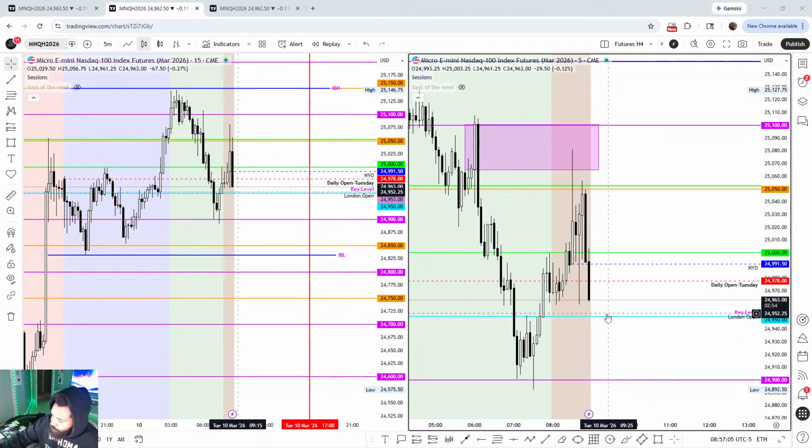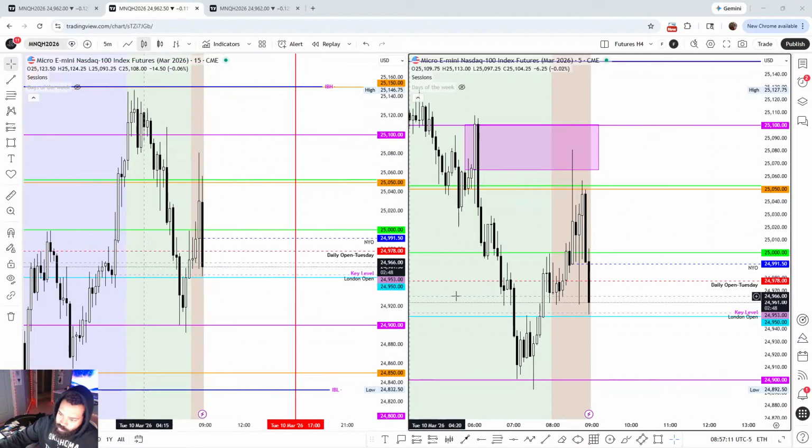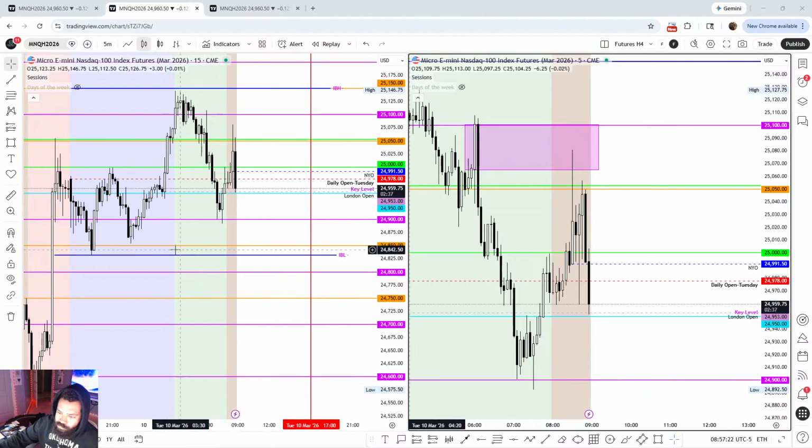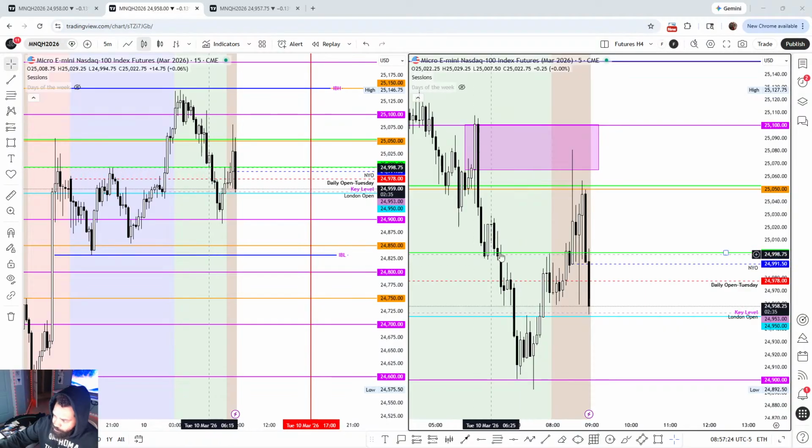Looks like they want those equal lows. You guys see how those are kind of equal? Okay, so now this is where I want to be locked in because they swept the New York liquidity buyers low, and so I'll be locked in right here. Still with our eyes possibly here on IB low.